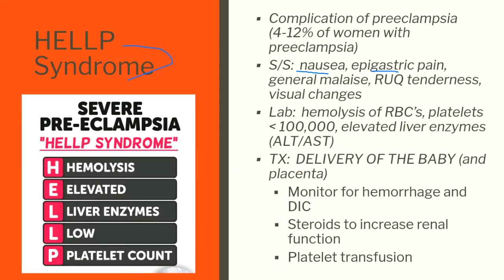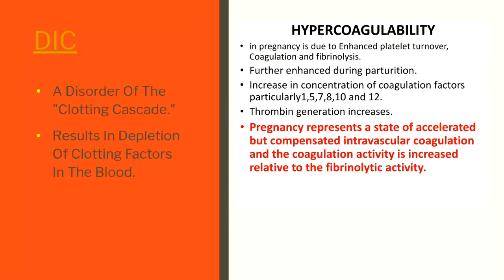All right. So if you have this specific diagnosis of hemolysis, elevated liver enzymes, and the liver enzymes I'm looking at are the AST and the ALT, and usually they're twice as elevated, so twice as much as your normal baseline, but they could be as high as in the 400s, 600s. And low platelets. That is how you diagnose HELLP. Okay, so that is a precursor for DIC. We're going to manage that, and DIC is a disorder of the clotting cascade.